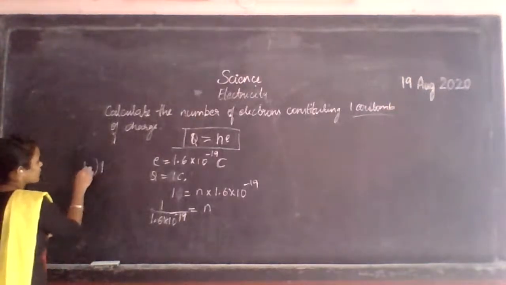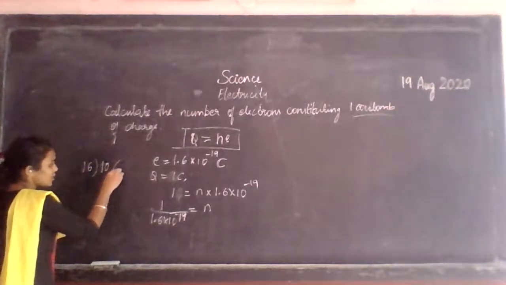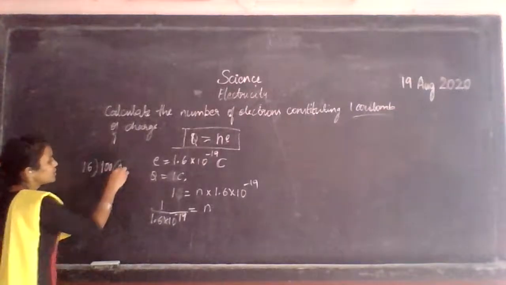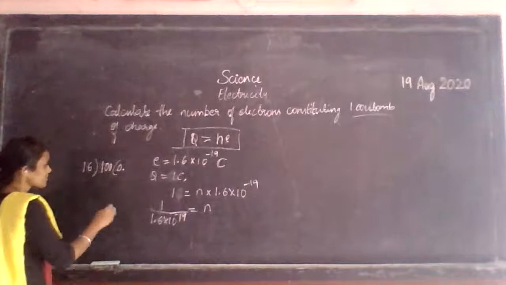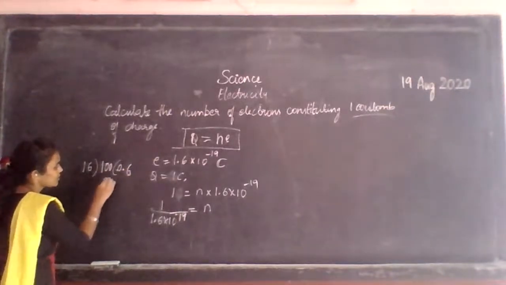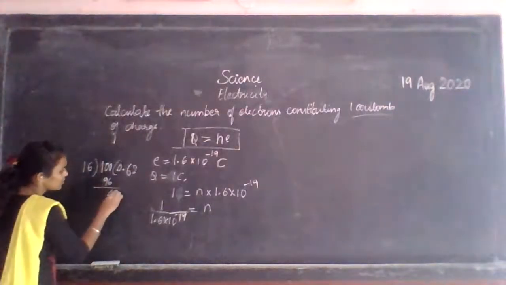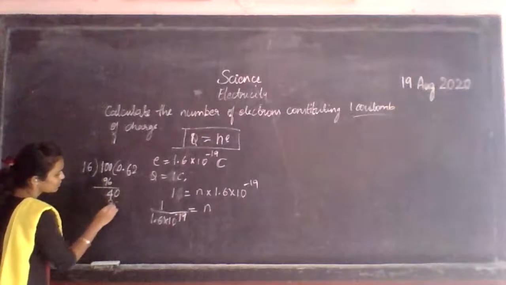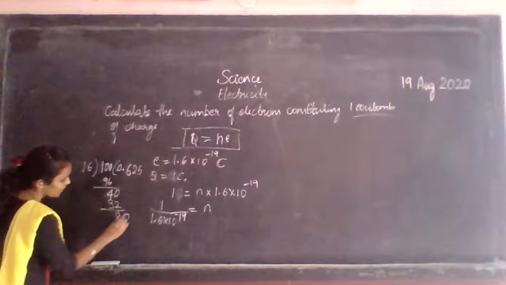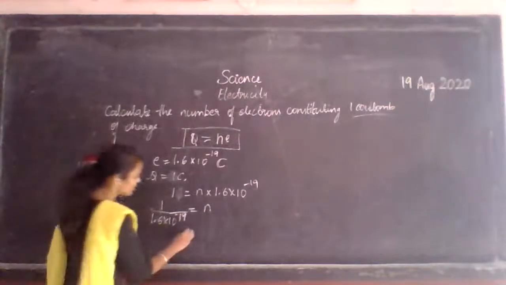1 divided by 1.6 is nothing but 10 divided by 16, which is not possible. So I write it as 0. I put a point and take 0 here. This is normal division. So 16 6s are 96. And there is a 4 remainder. 16 2s are 32. So there is an 8 remainder. 16 5s are 80. Okay, therefore 0.625, N is equal to